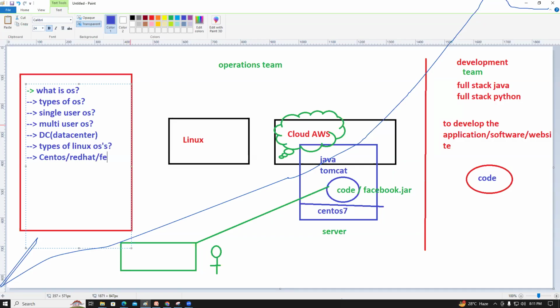We are learning the Fedora OS. Then VM installation. VM installation means OS installation, so CentOS OS installation. Then we'll discuss the commands,